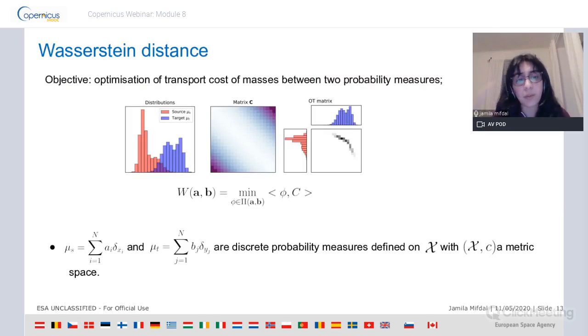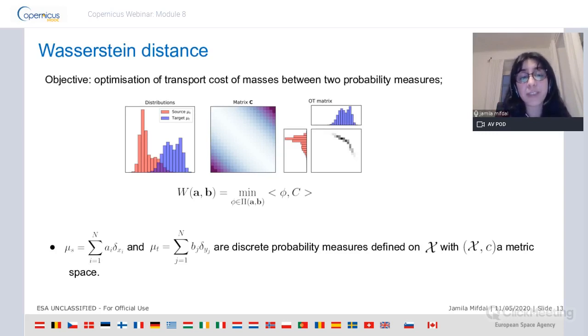Okay, so now we're going to move to the definition of the Wasserstein distance and introduce some notations. Here we have two distributions. We have the source one, mu s, and the target one, mu t, and the cost of moving one point from the source to the target is in the matrix C. The goal is to find an optimal mapping that tells us how to move from one distribution to another while minimizing the overall cost.